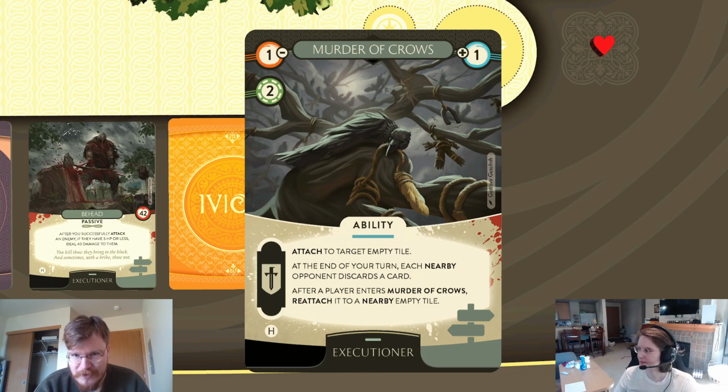Very tough, especially if you corner an enemy. You can just walk into it to move it, and you can make sure that these crows always end up near your enemy. It's fairly easy to keep them traveling towards your opponents, and threatening that discard every turn is really